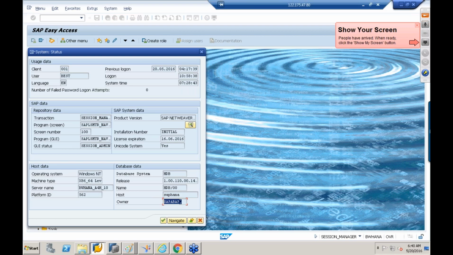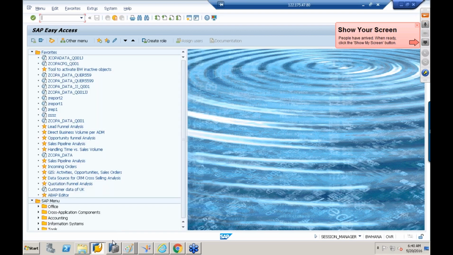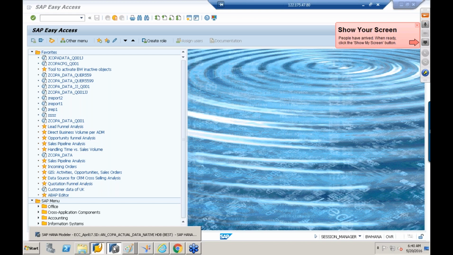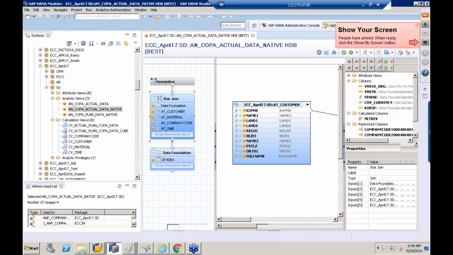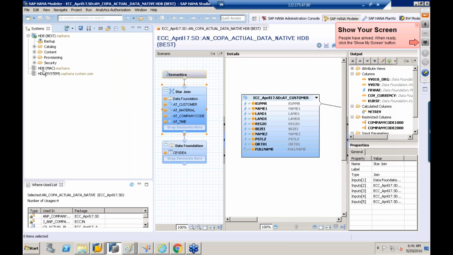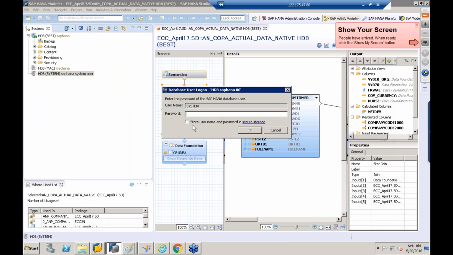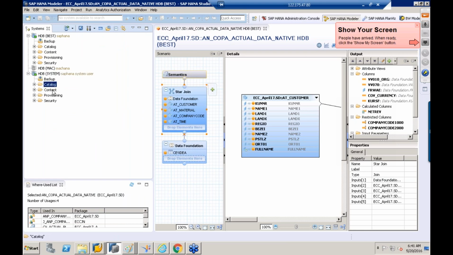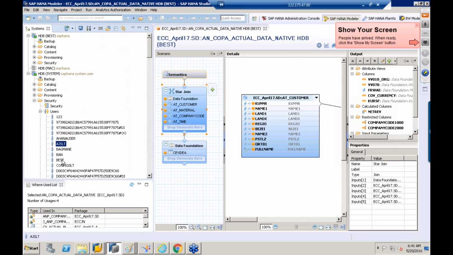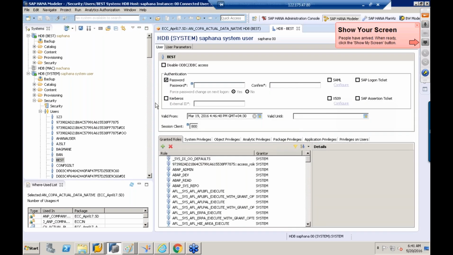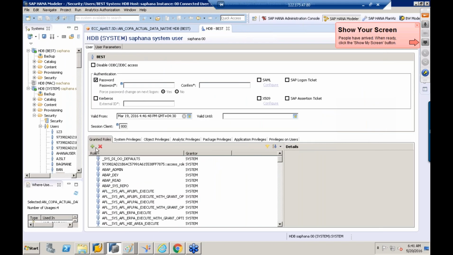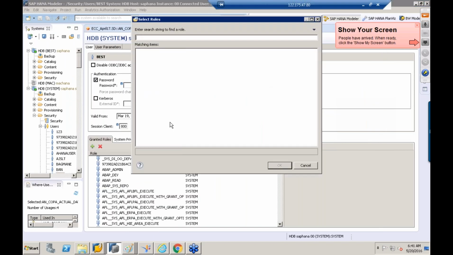When you see the owner ABAP 1, you can go to the HANA Studio. Go to the systems. In the security, go to the users, to the BW schema user. That user needs to have a select privilege on